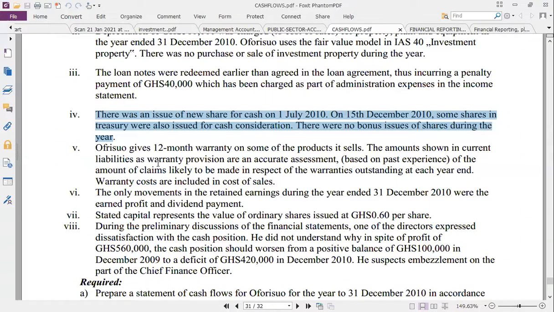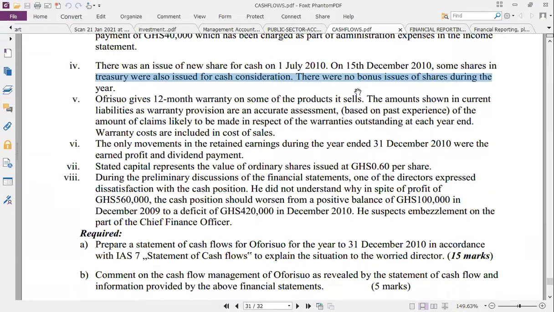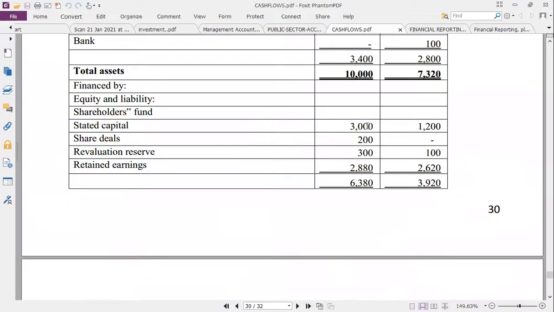It can happen that you make a bonus issue during the year. A bonus issue does not come with what? Cash. So if there's a bonus issue, kindly take up the bonus issue first before the remaining balance we present. So let's assume the numbers mention a bonus issue of, let's say, 1,000 Ghana cedis. How are you going to treat this? It means that not all the increment was as a result of cash.